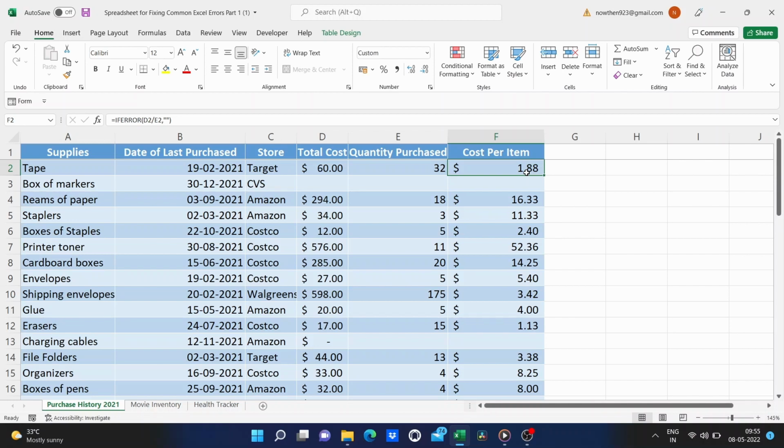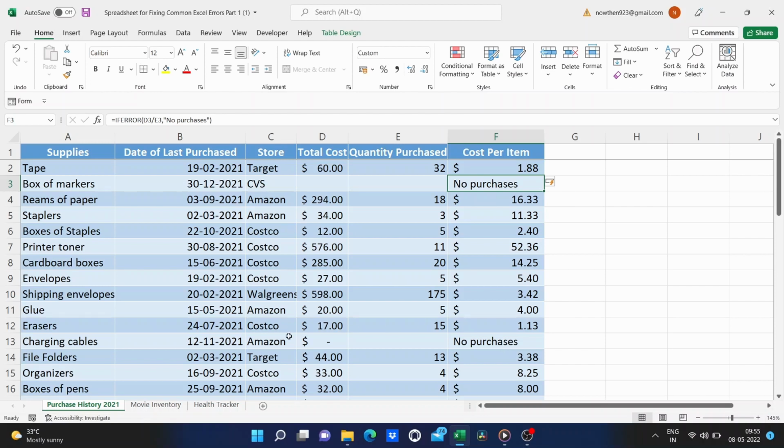Another way would be to, instead of putting nothing in the cell, put a message to the person who's looking at the spreadsheet. I could type in something like, no purchases. So that would explain why it's blank. There have been no purchases. So I tap enter. And notice that it updated the entire column. Probably because I'm in a table, it did it that way. So now, instead of the ugly error code, I get this no purchases message. So that's a little bit about the div0 error in Excel.